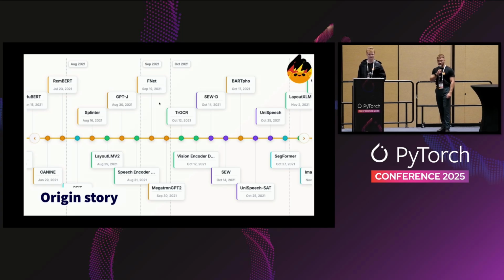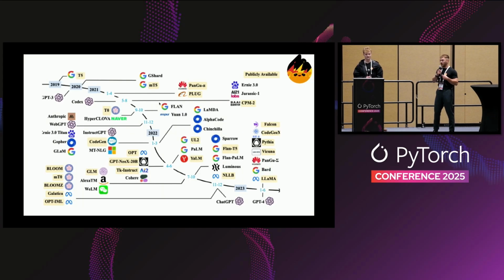Right, and so if we take a look back at the origin story, just to understand what were the pillars of Transformers, what made Transformers what it is today, in order to understand why V5 is necessary and why we're heading into V5. When we originally started with Transformers, with just BERT, GPT-2, XLM, the very first Transformers, we understood that as new architectures came, they would come in different repos. They would come with their own APIs, their own environments and requirements. And so if you wanted to switch from one model to the other, you would have to clone the repo, create a Python environment, install it, etc. It just wasn't extremely convenient.